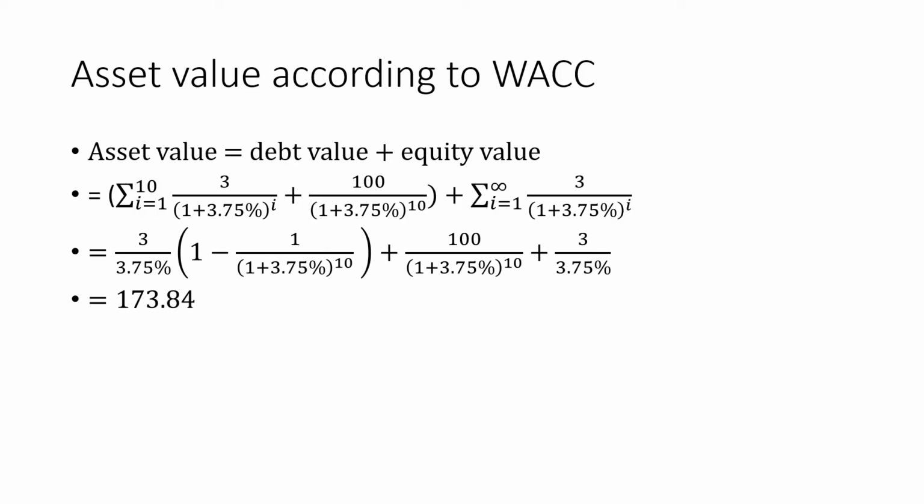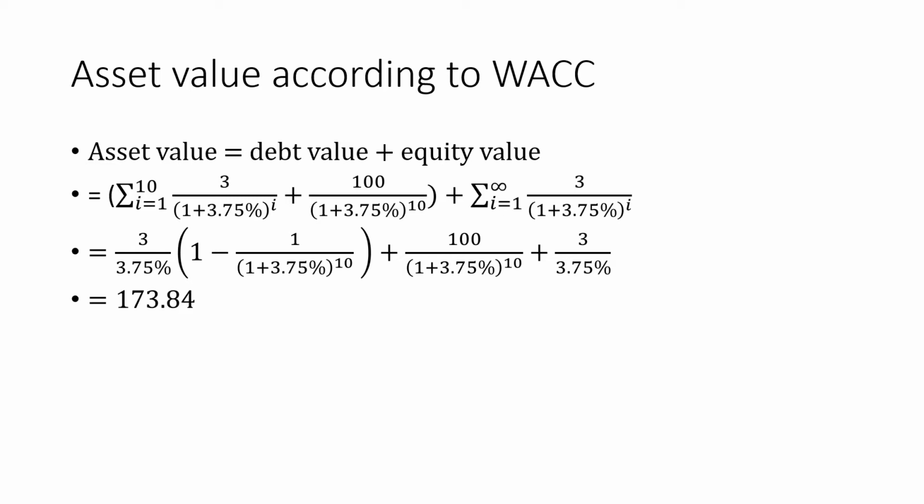Next, we will calculate asset value according to WACC. There are two parts. The first part is the debt value, and the second part is the equity value. In the debt part, there are two parts. The first part is the 10 coupon values. The second part is the value of the principal discounted to the present. So from this formula of annuity, we can calculate. The first part is from year 1 to year 10. There are 10 cash flows discounted by WACC